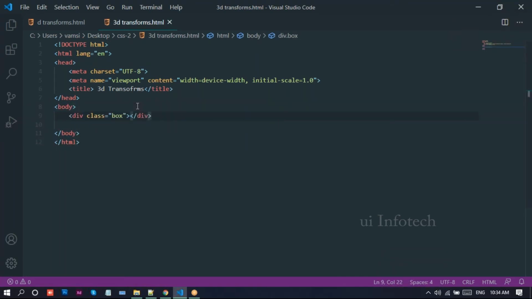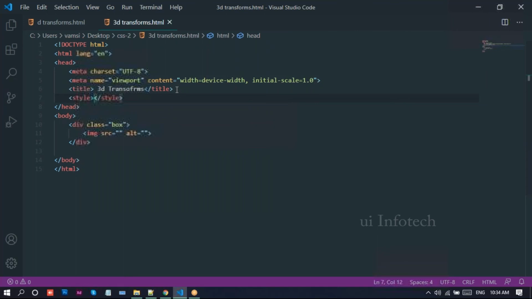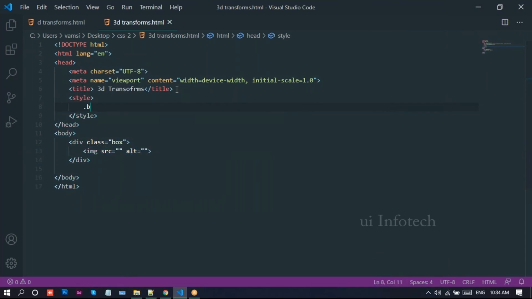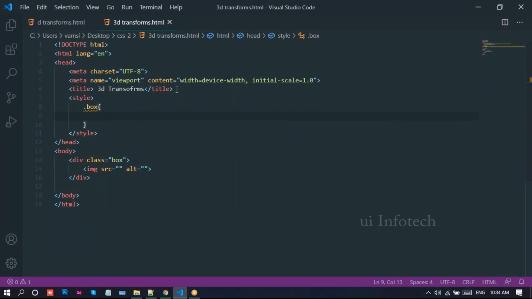I'll provide one box, and inside the box I'll take an image tag. For the box we need to apply styles, so I'll take an internal style sheet and provide the box there.